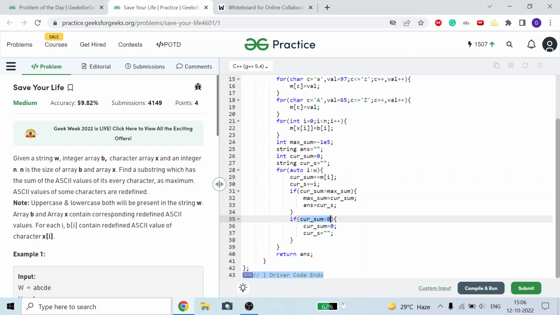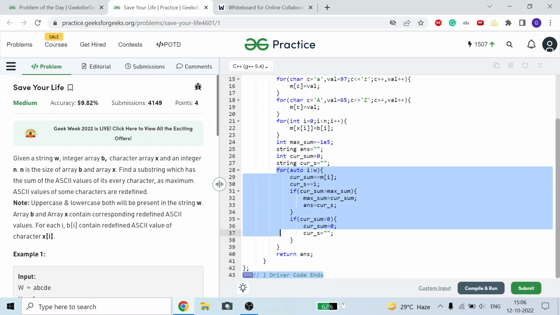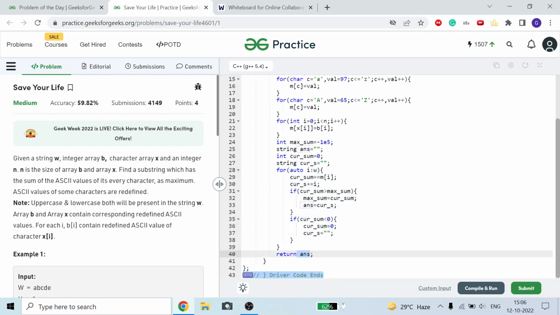This is the very famous Kadane's algorithm. I am telling you again and again because this is a very important algorithm. So the current sum is set to 0 and I also make the string empty, meaning from the next i-th character I will start computing again, because the previous summation was giving me a negative answer and would decrease my value. You can understand it like this. So I will start again from 0. This will run for all the i-th characters, and at last I will just return my answer, the string.